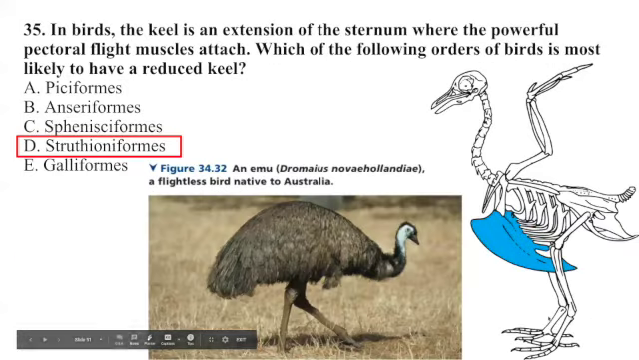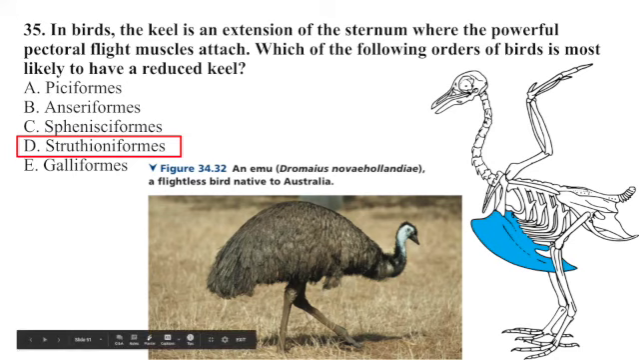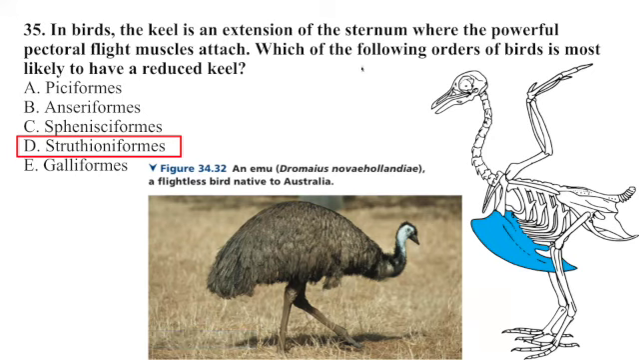In birds, the keel is an extension of the sternum where the powerful pectoral flight muscles attach. Which of the following orders of birds is most likely to have a reduced keel? So the keel is an extension of the sternum where the powerful pectoral flight muscles attach. Which of the following orders of birds is most likely to have a reduced keel? It would be one that doesn't fly, right? So in this case,